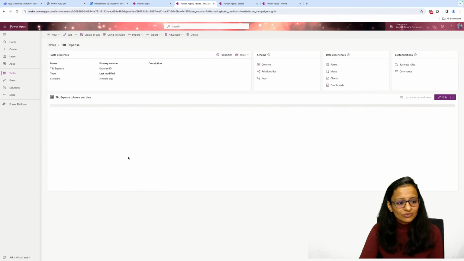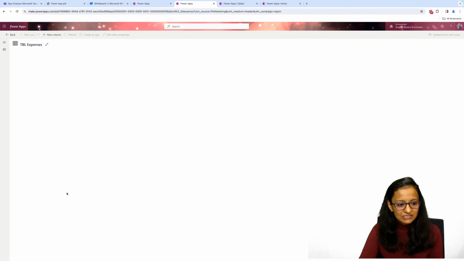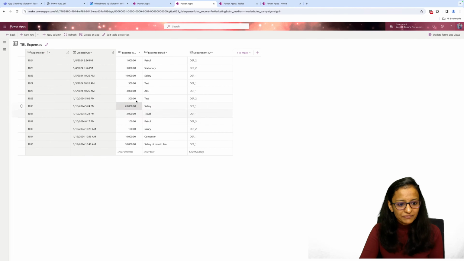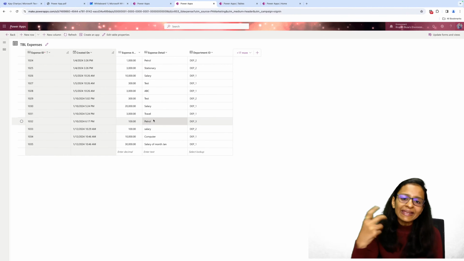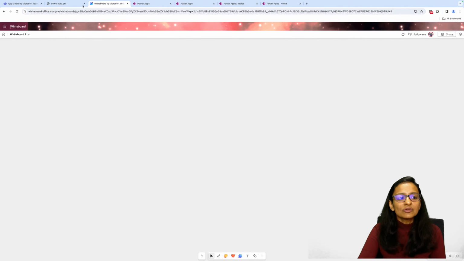Okay, so here I have added the expenses. Let me just show you two additional. Now see, we have added the salary for the month of January in that particular department, and we have added the expenses of the computer. Now you may have a question, what are these? I have already added some data before this live session, so that's why you are going to see this. Now what you need to learn to